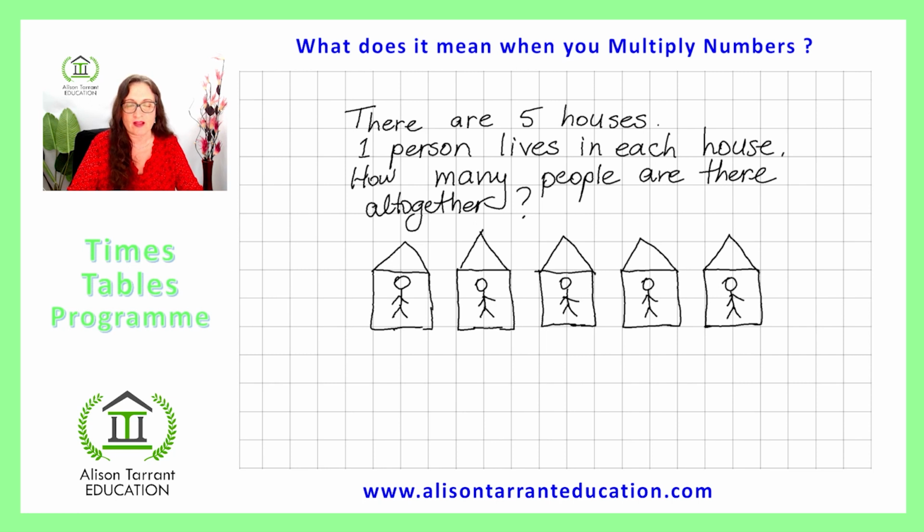Now, it seems that any multiplication equation which has the number 1 in it can be quite confusing, because a child in particular doesn't know whether 5 times 1 is 5 or 1 times 5 is 5. It's just a bit of a confusing thing for the child to